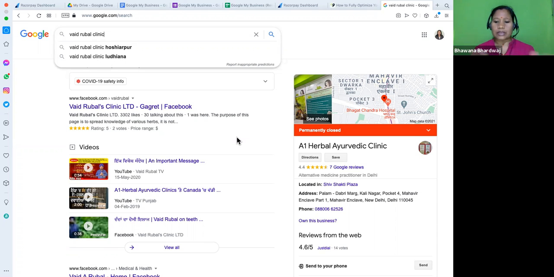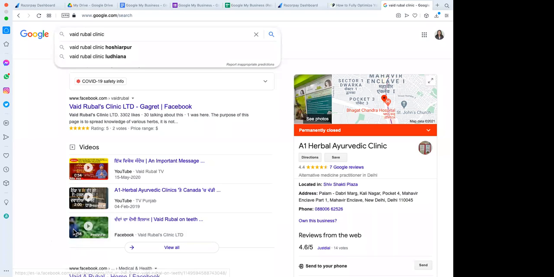This is one request I would like to share with all of you, that this is your digital property. It's okay to assign or delegate someone to manage this listing, but the control should be with you. You can give anyone user rights, but at any point of time you can remove them or add them or give them a different role to manage this business. So it's your business. You should know what's happening in your business presence, right?